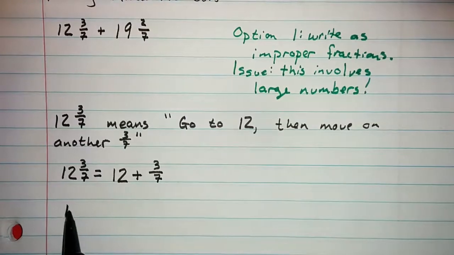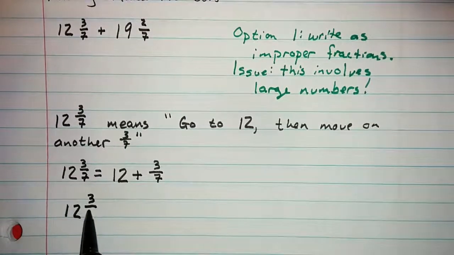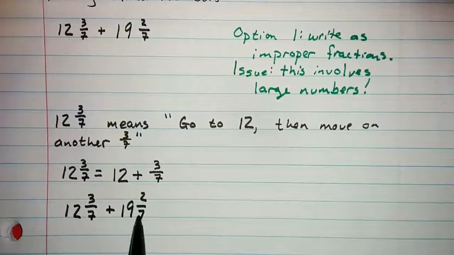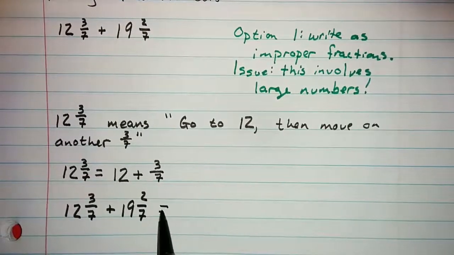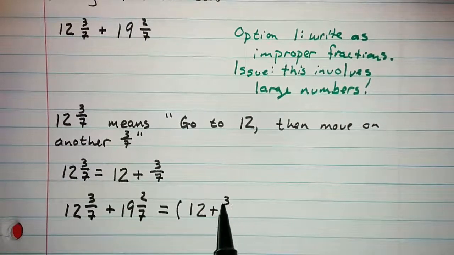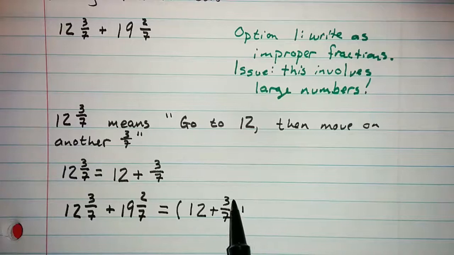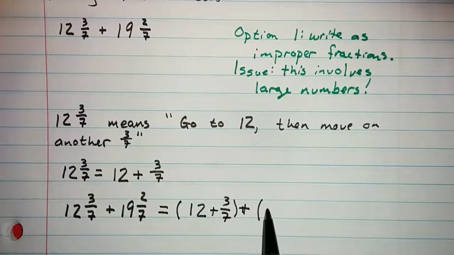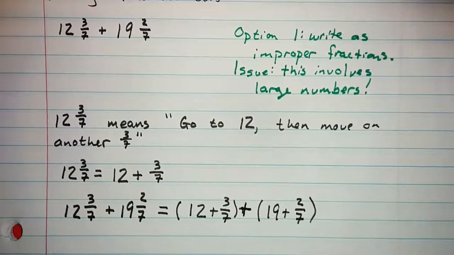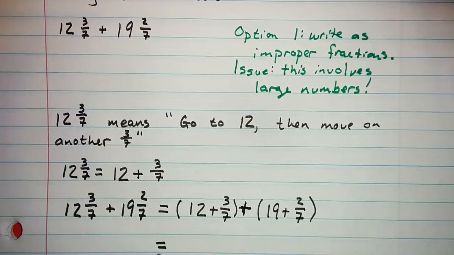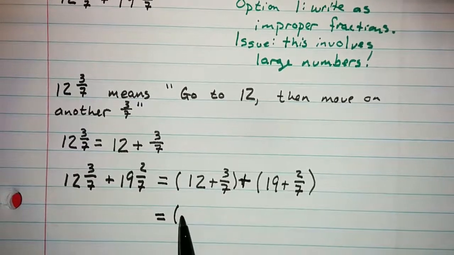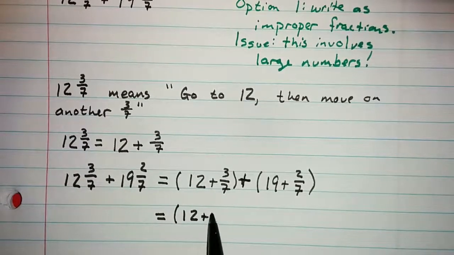We can say 12 3/7 plus 19 2/7 is, well, 12 plus 3/7 plus 19 plus 2/7. And then we can use the commutative and associative properties to say that's going to be 12 plus 19